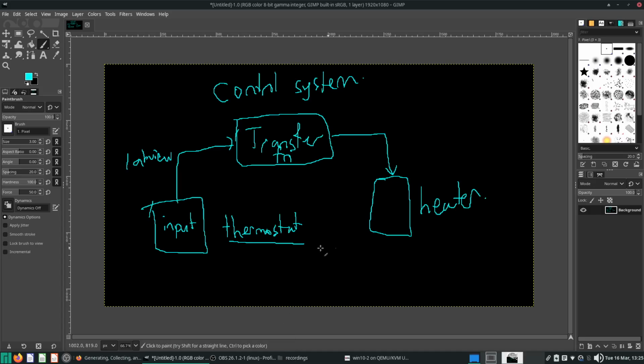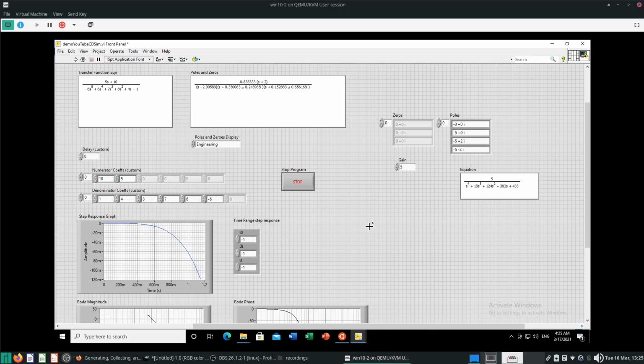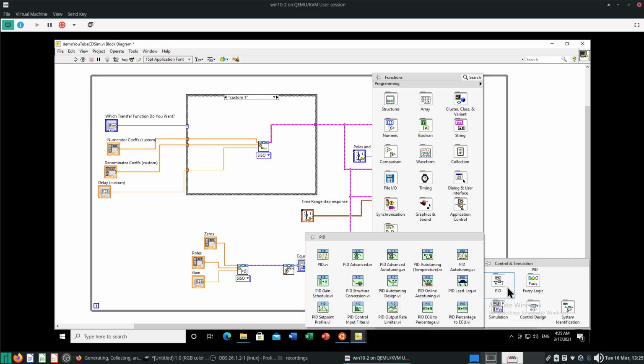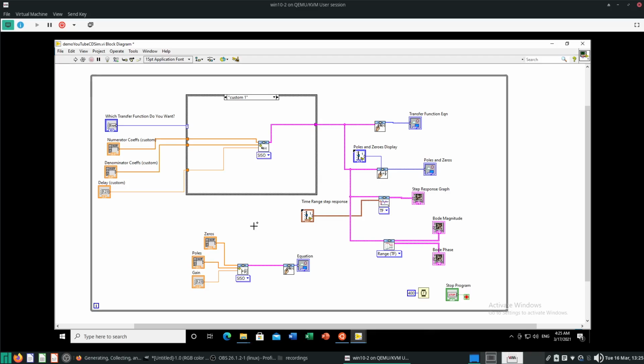So if you want to develop a control system, the main way you would do it is with the use of the PID controller here. You have this whole suite of PID controllers right here. Now that is enough if you, let's say, want to design a simple thermostat. However,